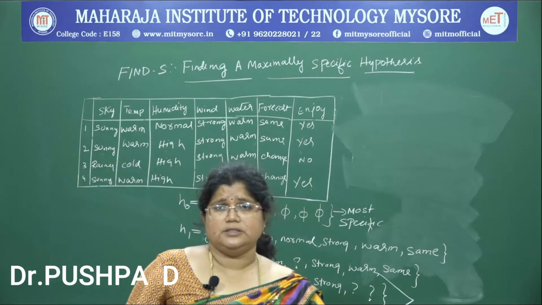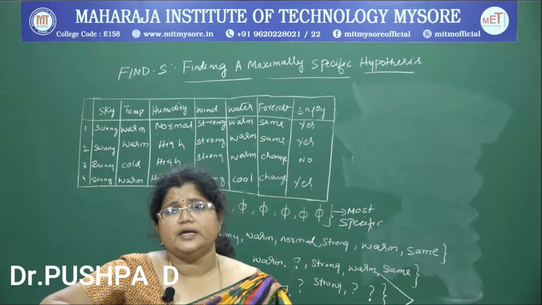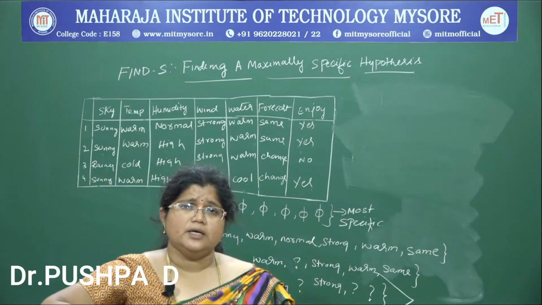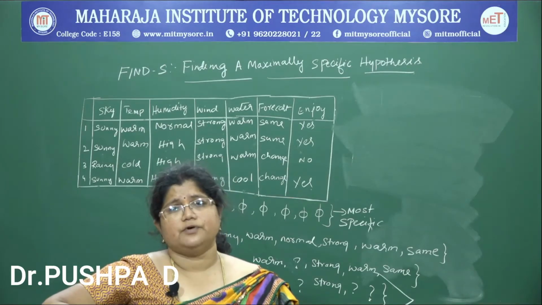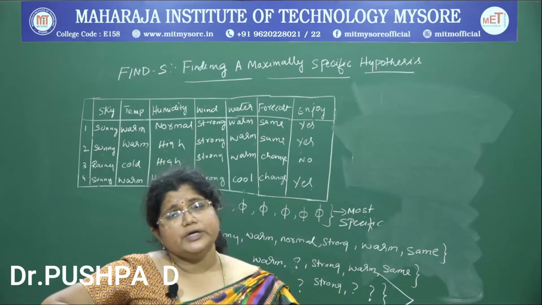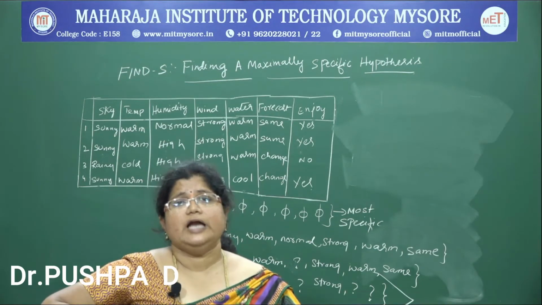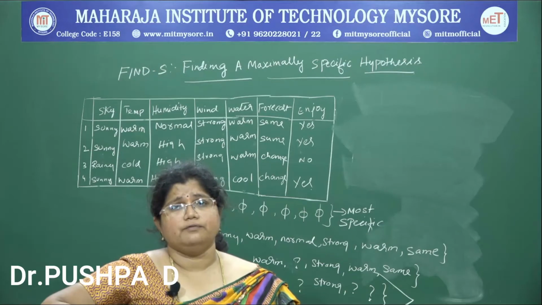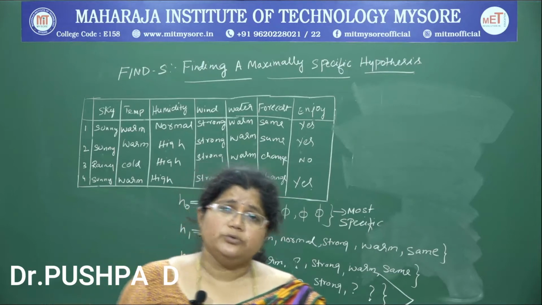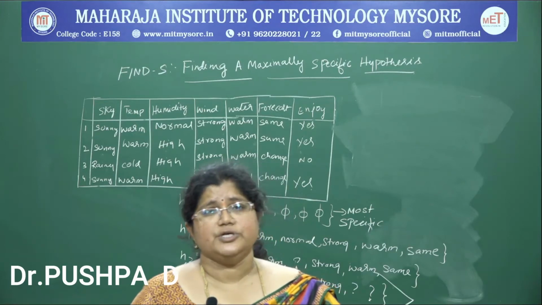In version space, the first thing is to find out the main constraints of the Finds algorithm. The Finds algorithm is not going to address negative training examples; that is the main thing. Also, during practical implementation, the Finds algorithm is nowhere utilized. That is the main drawback of the Finds algorithm. That drawback can be overcome by using another concept learning algorithm, the candidate elimination algorithm.